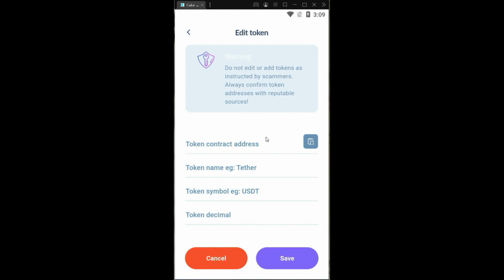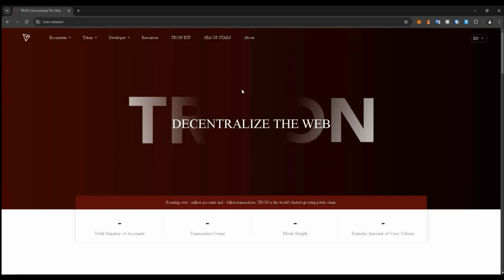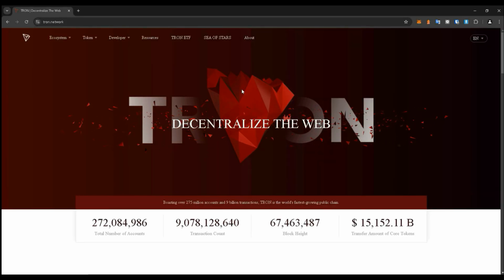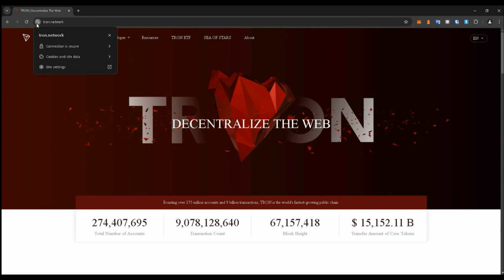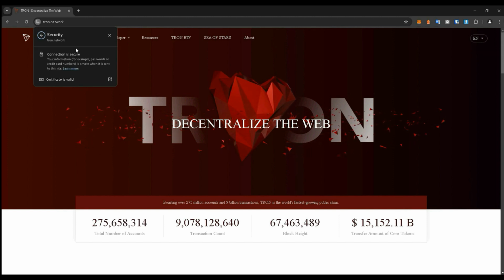We need the token address of the smart contract on the blockchain. I'll show you how to get it. Let's navigate to the Tron official website, and we're going to check first that it's the real website. Check the certificate. We see that we are really on the correct website because you don't want to fall to